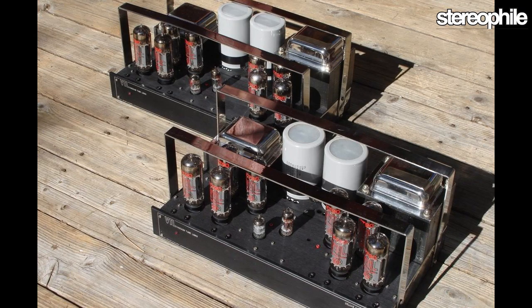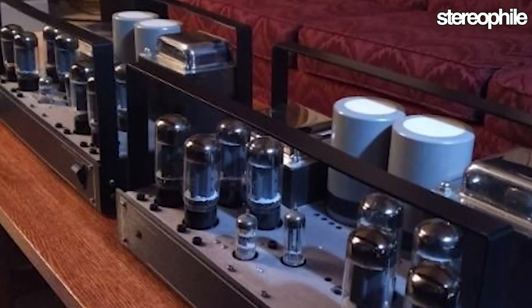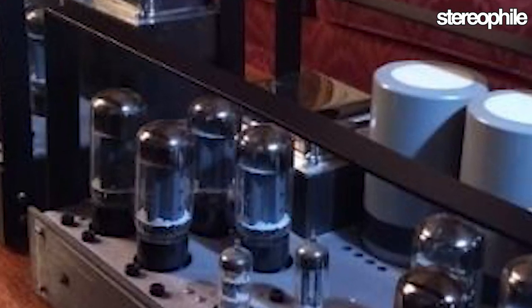I was a VTL user, and was a very happy VTL user. I didn't come into VTL saying, "Hey, I'm going to reform all this and change the sound." It was just a natural progression. I own the Deluxe 225 monoblocks with EL34 tubes, and I just love those amplifiers,